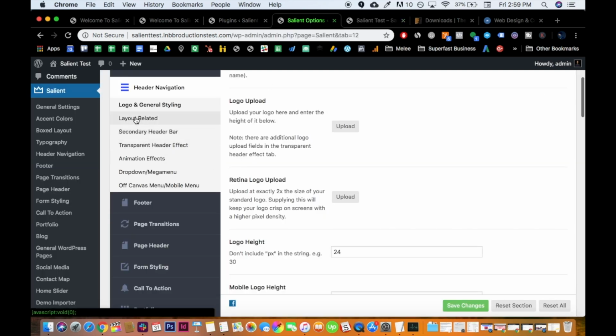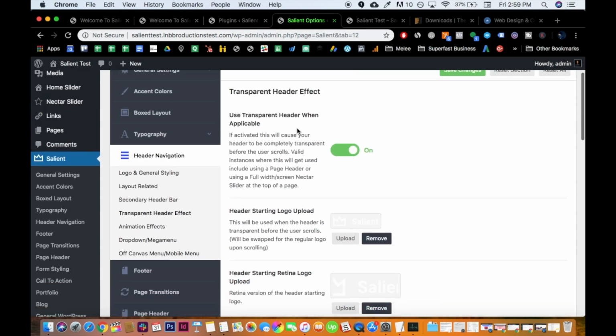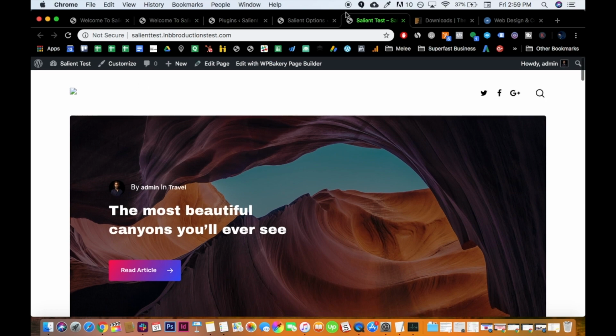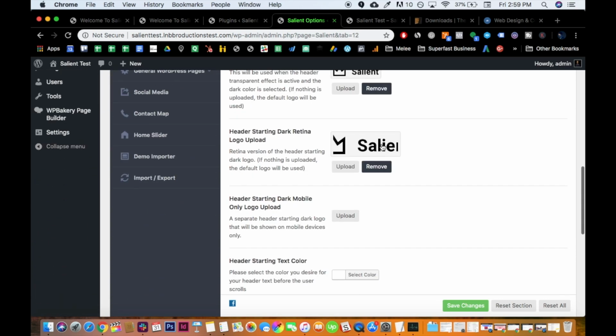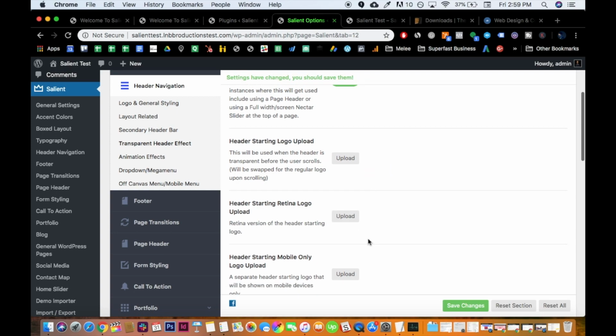So the reason for that is the transparency header effect, okay? Because sometimes if it's up high like this, because this is transparent, so this may be one of the ones that would do that, you have to remove all of these. See? You have to remove all these,